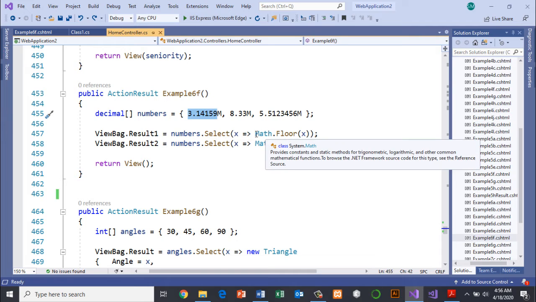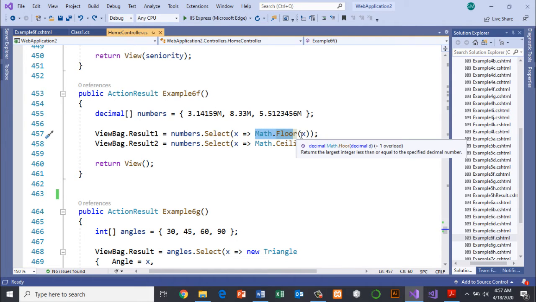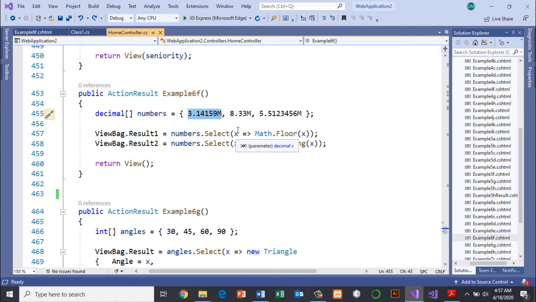So here we have Math.Floor, within this argument we have an X. So for example, let's say we take the first element, 3.14159. It maps to, meaning that it changes to what? This becomes a 3.